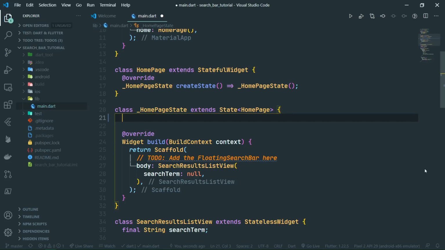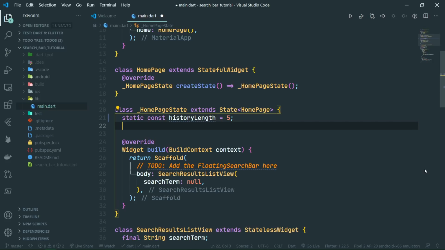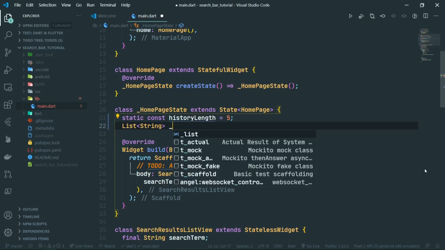We're going to need to define the history length, which in our case is going to be limited to 5. So let's create a static constant historyLength equal to 5. Then, as we are going to operate with just an in-memory list, let's create a list of strings, _searchHistory, starting with an underscore,